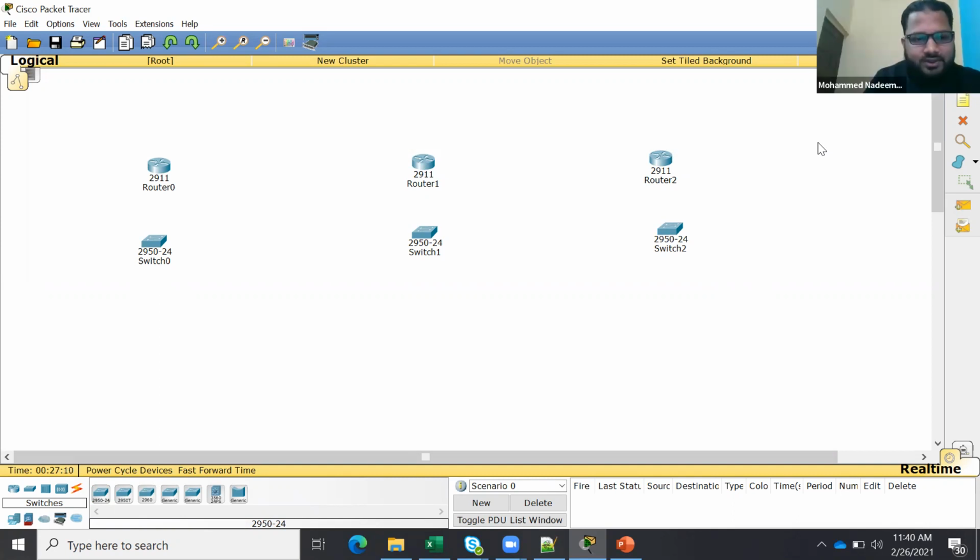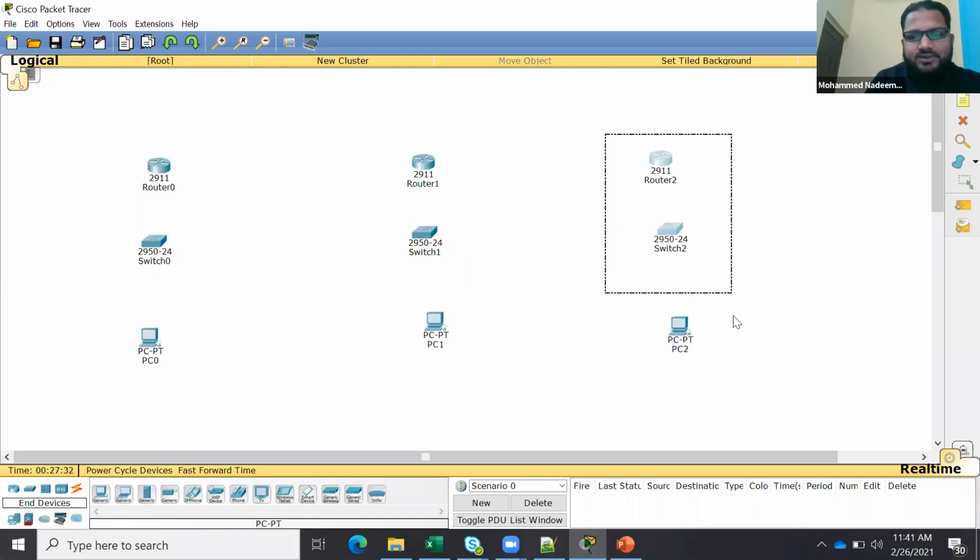So this is the one, and in every branch I will just put one machine, just for configuration testing, so I'm not going too fast. Okay, so now see, this is one branch, this is another branch, and this is another branch. So how will the connectivity be? That's it. In these 9 devices, you can do all the routing practice.